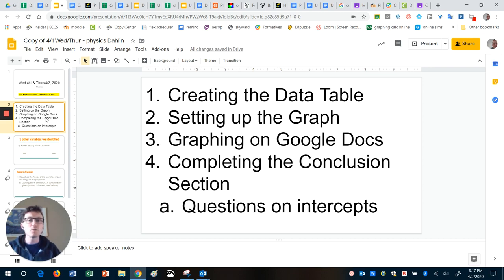To be honest, if you just wanted to make a graph on a piece of graph paper, download a piece of graph paper from anywhere online, print it, and do that on there. Take a picture of that graph and then upload that to your file. That works too. In fact, that might be easier or faster, but I'm going to show you how to do the Google Docs way,